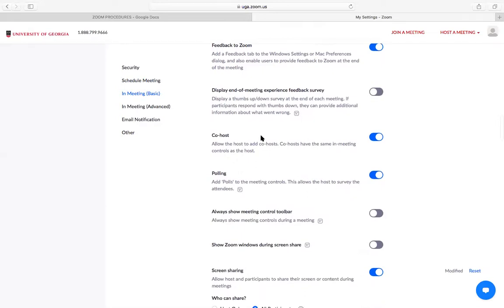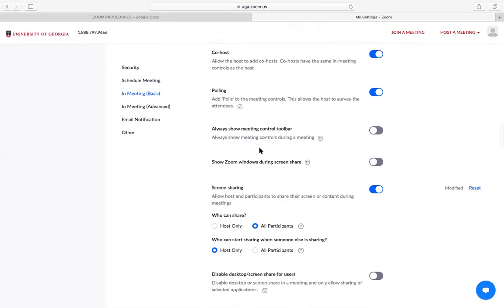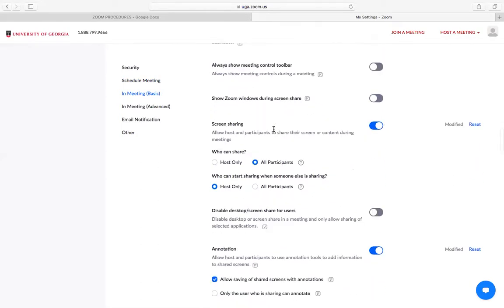You can also determine if you're going to allow co-hosts and polling, and then what controls end up showing up for participants when they join. I have found it really helpful to go in and turn on the things that I feel I'll be using the most. So having the automatic mute, and then also having videos off. Those are some of the things that I have, so I don't have to change that for every meeting. It's just now that any meeting I create, these settings are automatically used for that meeting.